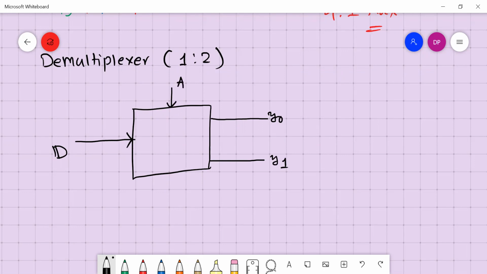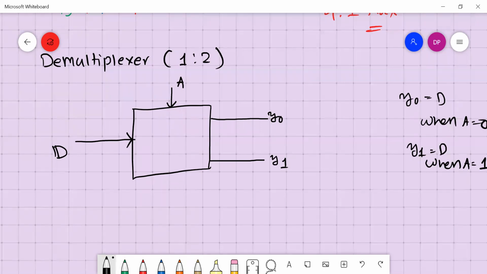Let me take the select line to be A. So what I want is Y0 should be D when A is equal to 0, and Y1 should be D when A is equal to 1.